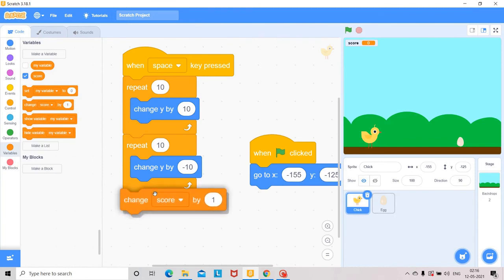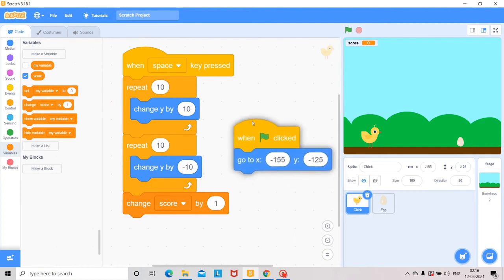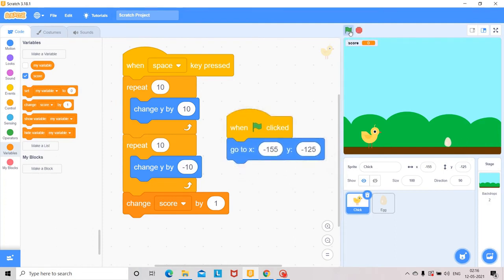So change score by 1 when it successfully jumps over the egg. Okay, now you can check also. So here it has not successfully jumped, but the score is increasing. So here it is not correct coding, so you will change it a little bit.